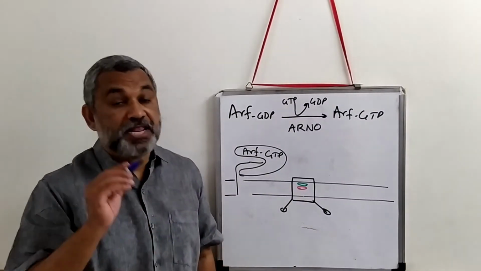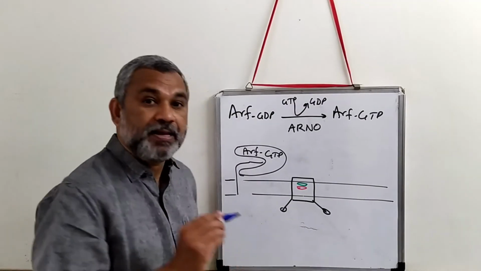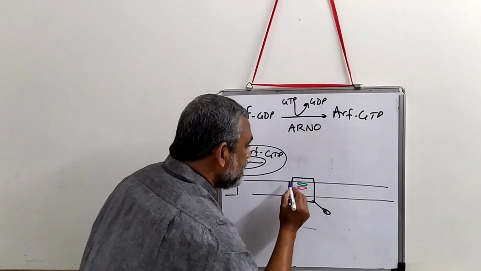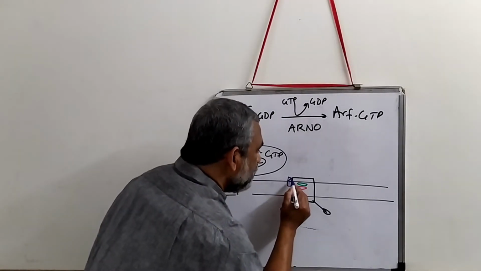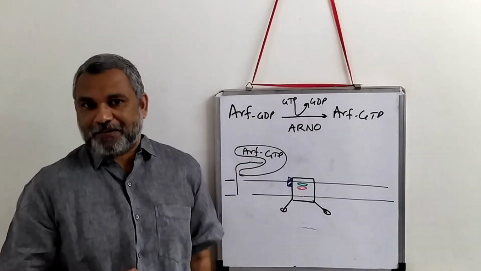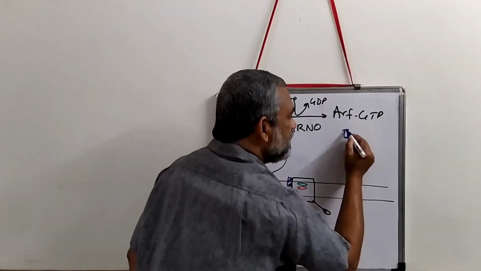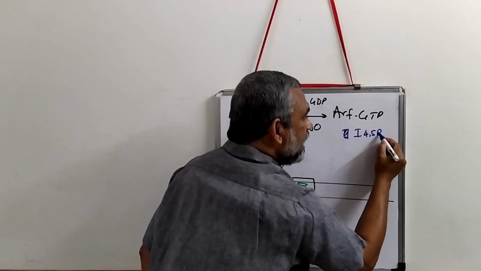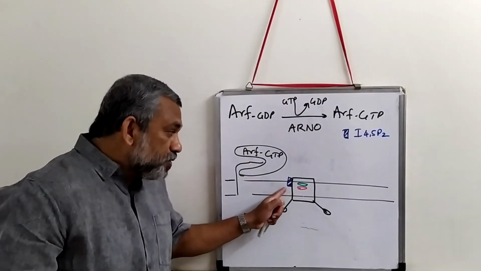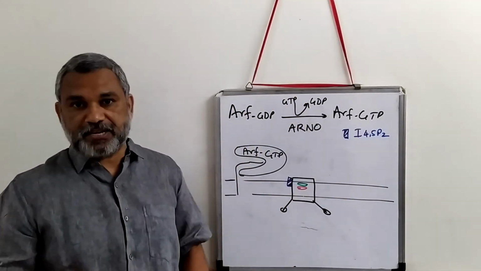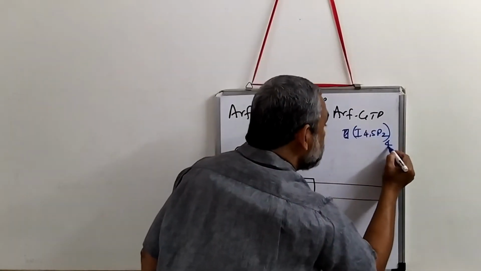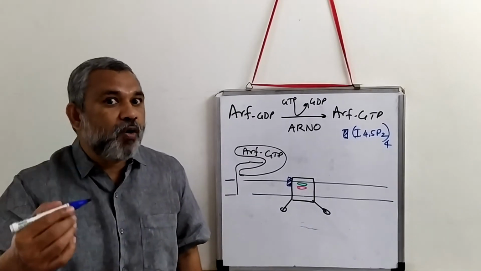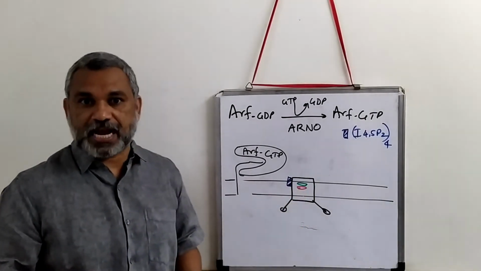Now there is something very important. There is an inositol diphosphate. So here there is an inositol diphosphate which will bind to the adapter protein. And this inositol diphosphate is inositol 4,5 diphosphate. So this binding of this inositol diphosphate is very significant. Four such molecules bind to adapter proteins. Four such molecules bind. That causes a structural change in this adapter protein.